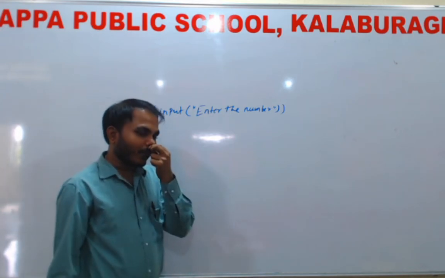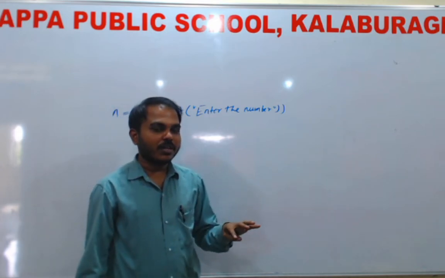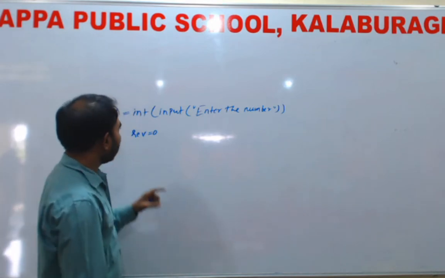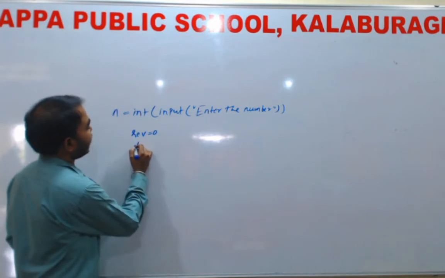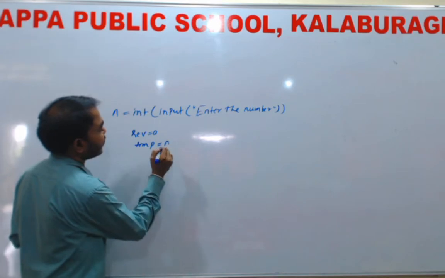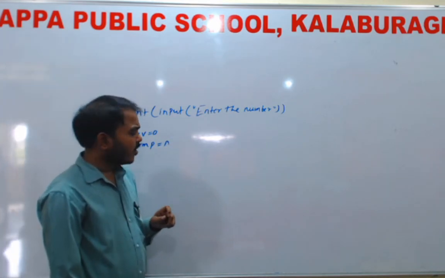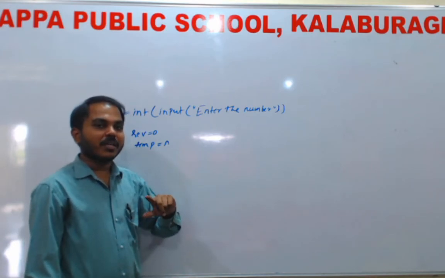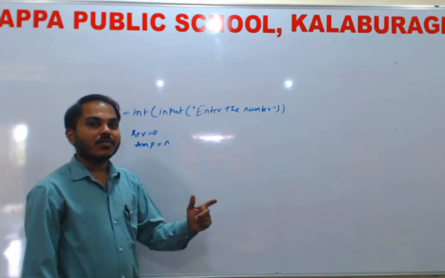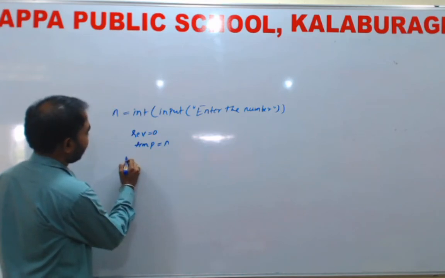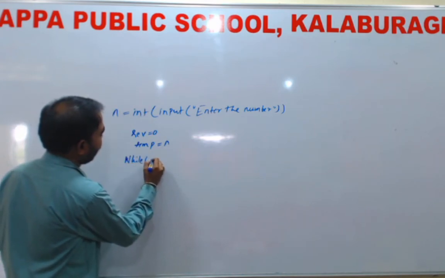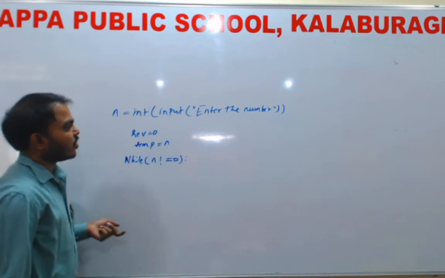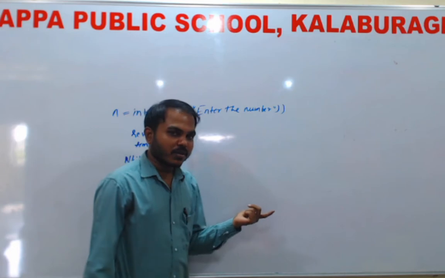When I want to take the value from right to left and left to right, one variable I have created, that is reverse, equal to 0. I am going to store this number in a temporary variable, let me take it as temp is equal to n. Next, I am going to run this loop until the last number completes its reverse order. For the while loop, I am going to use while n is not equal to 0.